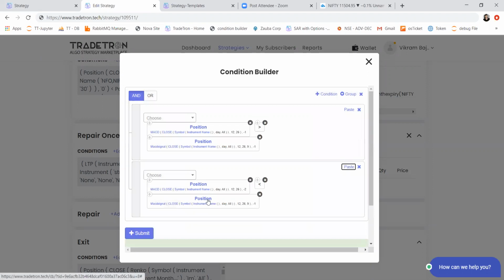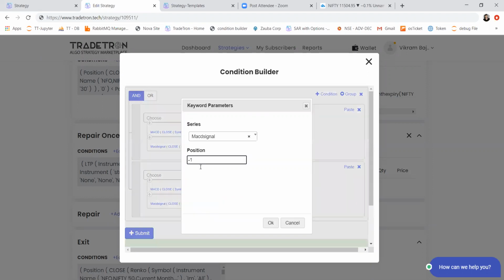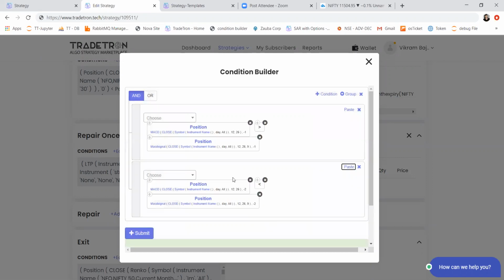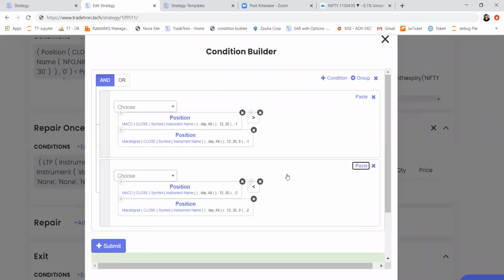So this is a perfect crossover condition. You can also use cross keyword, but for the second set you have to do a lot of rework. But with this it becomes easy to copy, paste and change the sign to greater than and less than symbol. So you can take a screenshot of this. This is what you need.